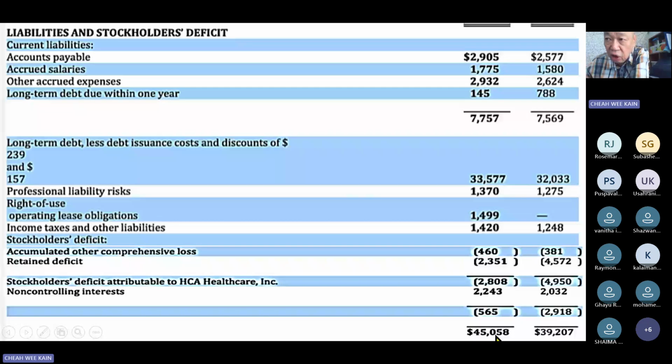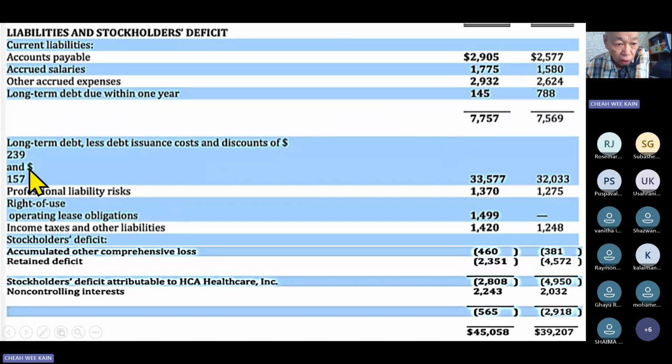Now, the other side of the coin is what you owe people. It's also 45. So you owe people because of some current liability: you have not paid some people some money, or some debt that you have to pay back within 1 year. All this is within 1 year, you have to pay. So current asset is the opposite of current liability. Asset that you use within 1 year to generate income, and liability within 1 year you must pay back.